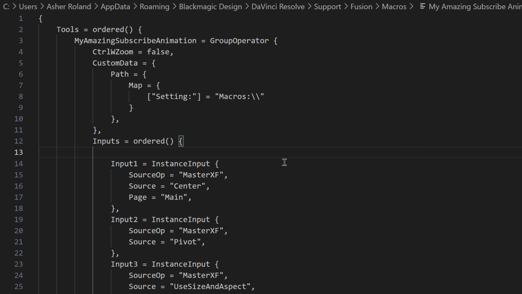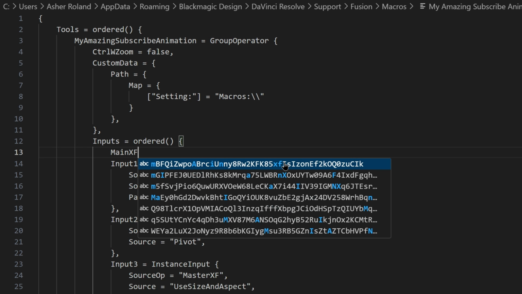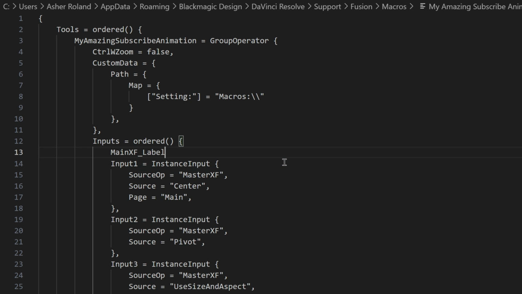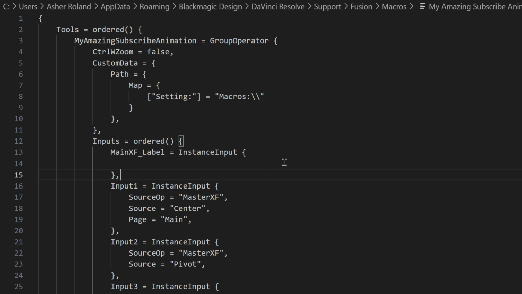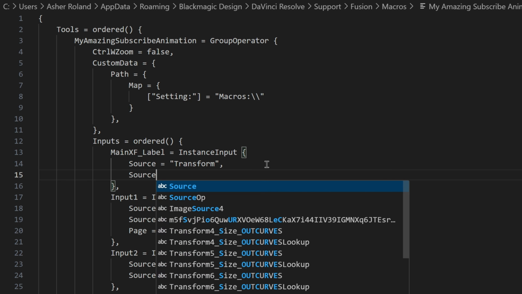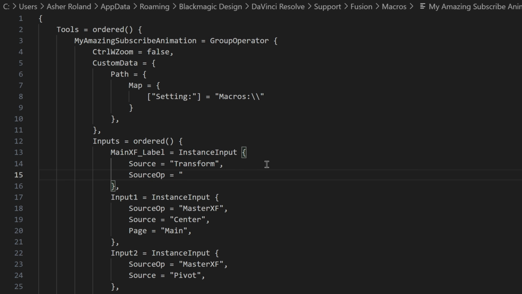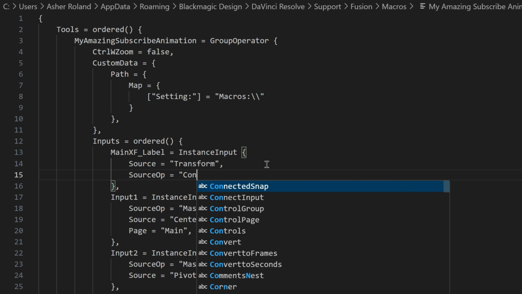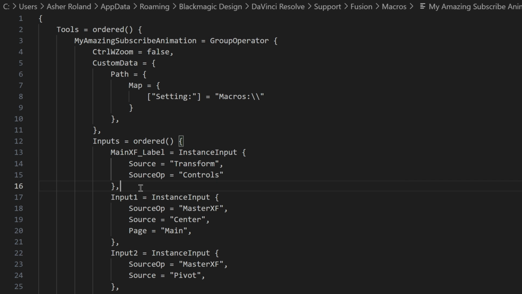So this ID is going to be the main XF label. And we're going to make it equal to instance input. And we're going to format it just the same way with a comma down here at the bottom. And we're going to make the source be, I believe, transform, comma that, and then source OP, make that just control. And that then is going to set up a really quick and easy label for our